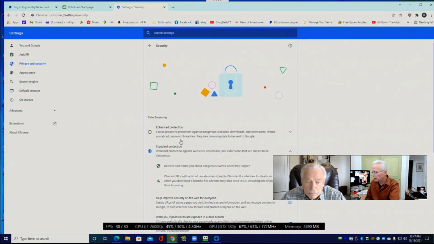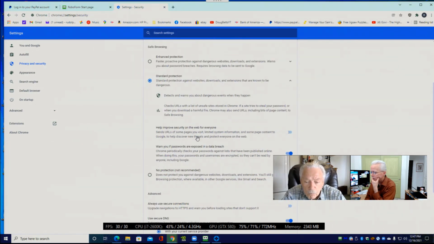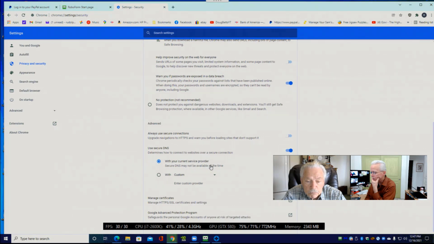And let's see, we've got safe browsing choices. You're on standard protection. You could consider going to enhanced protection. It more aggressively blocks potentially dangerous websites. The other choice is no protections. And if we keep going down here,